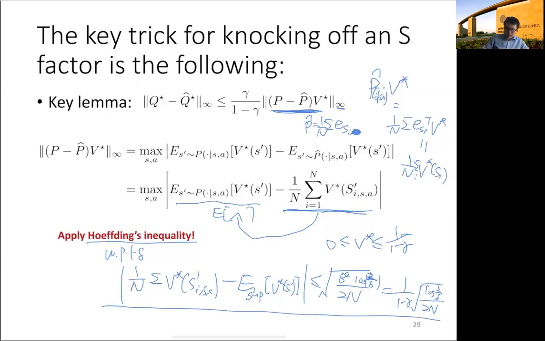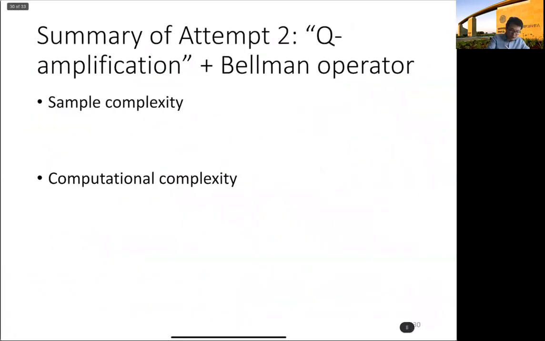And that's it. And once we have that, we can substitute it into this bound. So let's keep track of the power on this 1 minus gamma. So we have a square here. So we have a gamma over 1 minus gamma square for bounding the approximate value function, and together with the value function amplification,